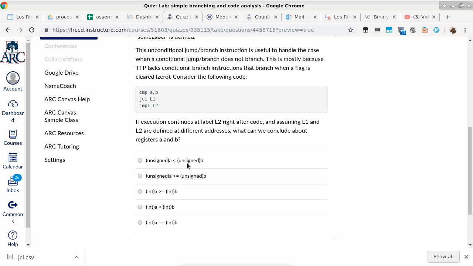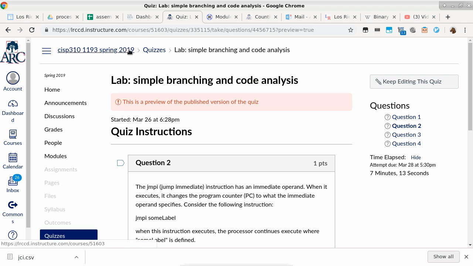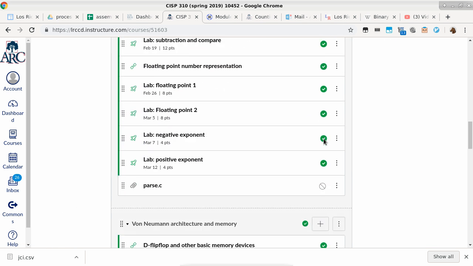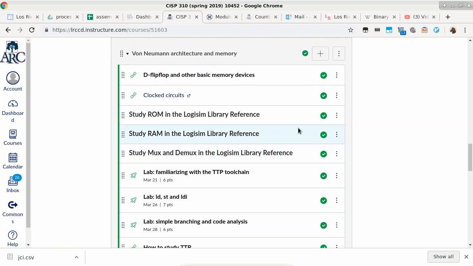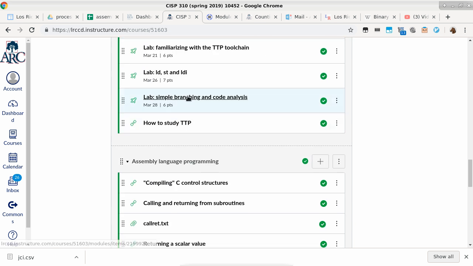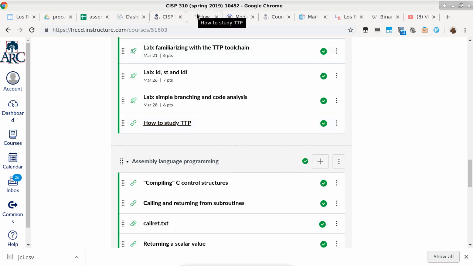So are we still okay at this point? Everything is good? All right. Now that we are done with this lab, let's go see what is next. We are pretty much done with the volume architecture and memory at this point, because you can see we are done with the last step here. This slide here is really just